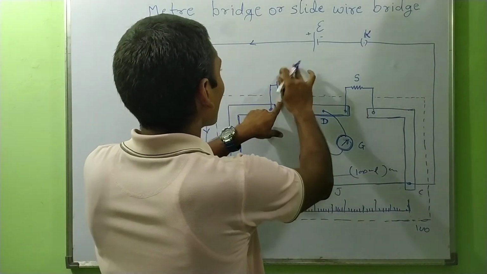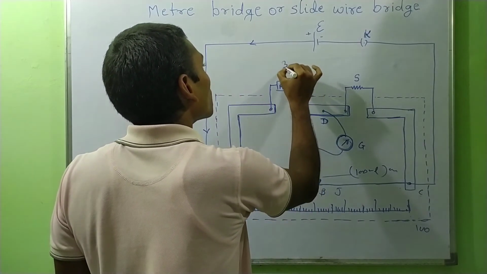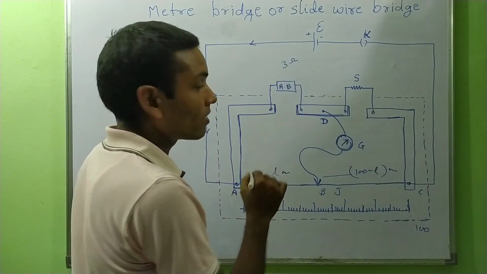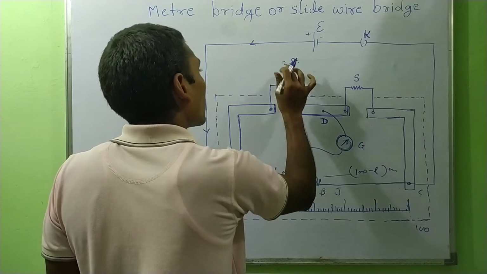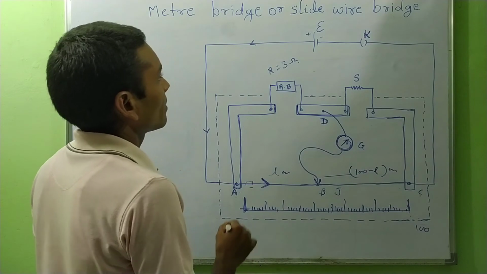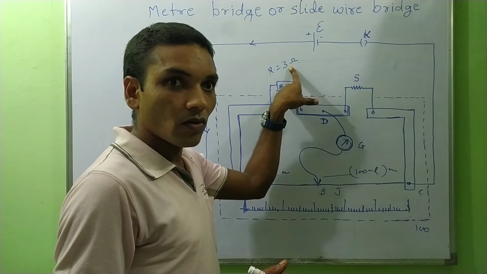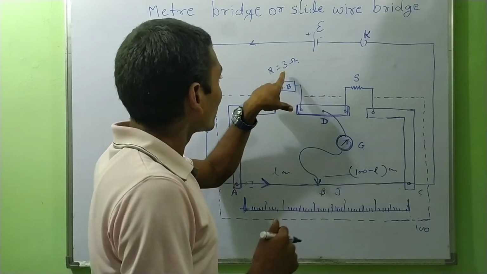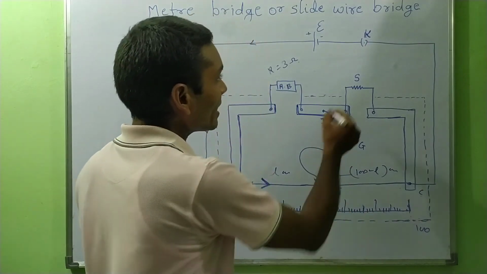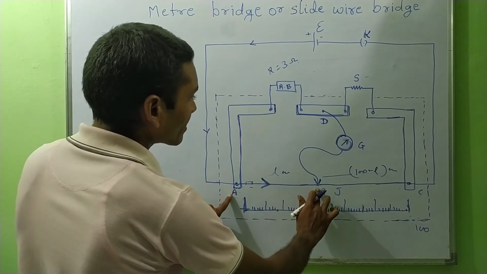So from the resistance box, let a 3 ohm key be taken. So the resistance of the resistance box will be 3 ohm. Because we know the value of the resistance box, it is called the known resistance. And this is the unknown resistance, and we have to find the resistance of this L